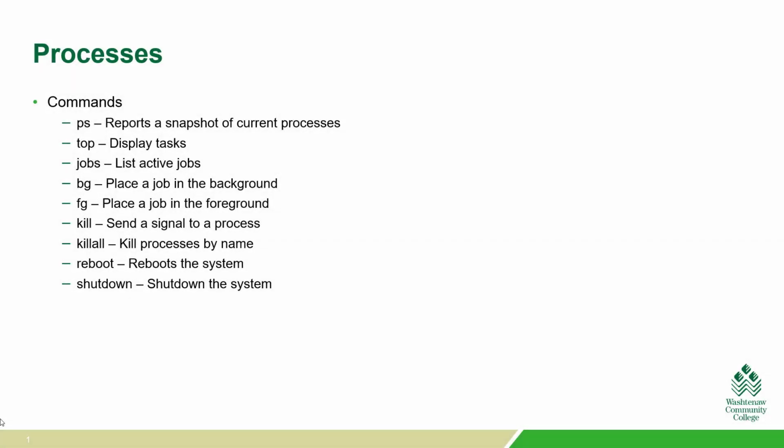To summarize, we took a look at the PS and top commands, and we realized that the PS gives us kind of a snapshot of things, and depending on what option we use, if we use the aux option, it will give us more information, but normally it gives us just a little bit. The top command is more dynamic and kind of keeps it running, giving us a more dynamic list of what's happening. Then we took a look at the jobs command, and that basically showed us what jobs were